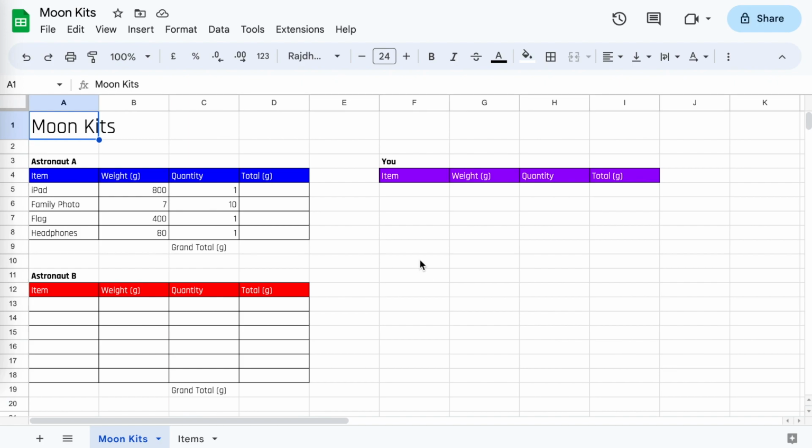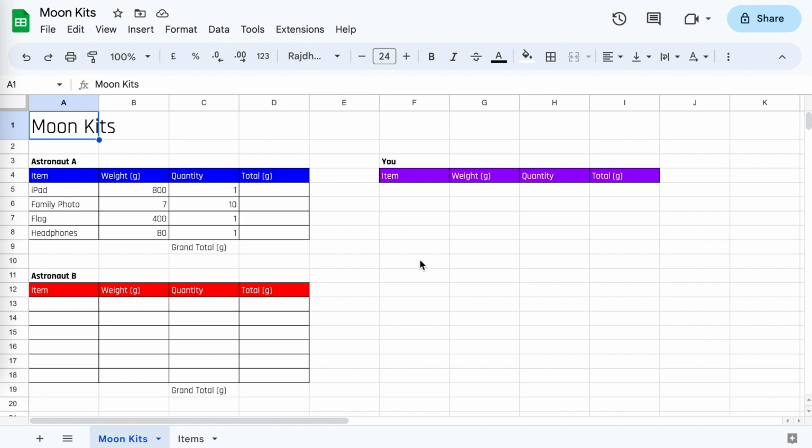such as to the moon, they can only take a small amount of stuff with them of personal items. Obviously, their food and their equipment isn't included in that, but they're only given a very tiny space to store any stuff that they want to take personally. What astronauts take with them is often very personal and not necessarily shared with the public. However, it is so restricted on size and also on weight that they really have to think carefully about what